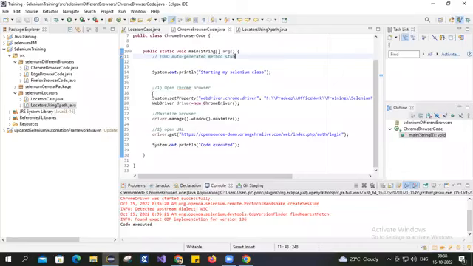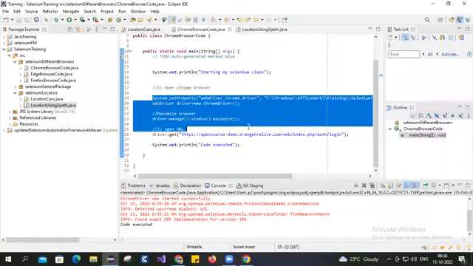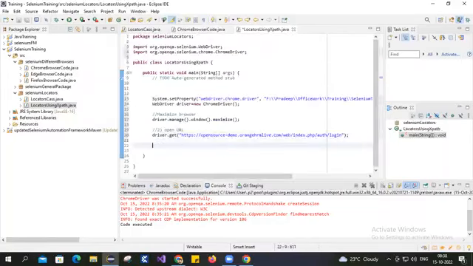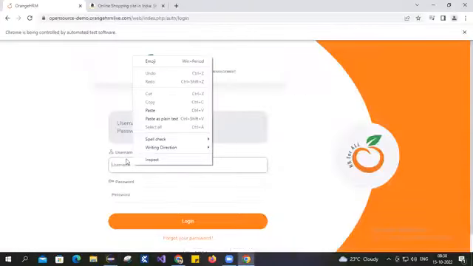I'll just copy paste some basic code. So through XPath, if we have to identify the same element, whatever this username is,